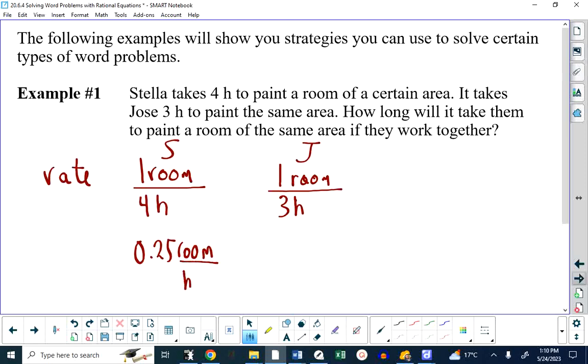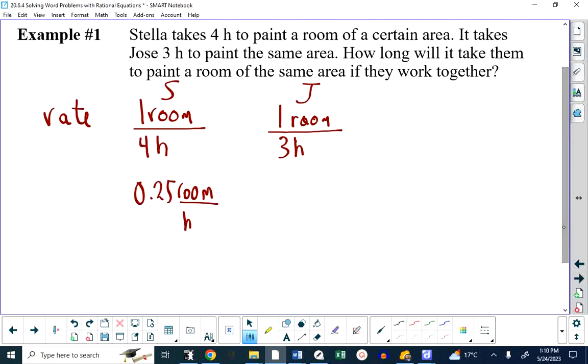Well, we don't have 40 divided by 3, but we do have 1 divided by 4, so I can write the rate here for Stella as 0.25 rooms per hour. And this should start to make sense to you. Because if she can do a whole room in 4 hours, then in 1 hour she's only doing a quarter of a room. Unfortunately, if we take 1 divided by 3, we get this. And it's a repeating decimal, which is awkward to work with,